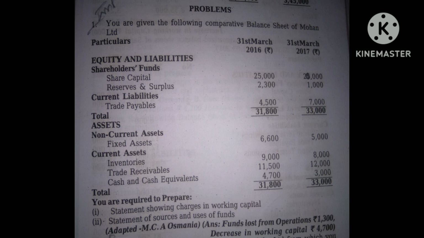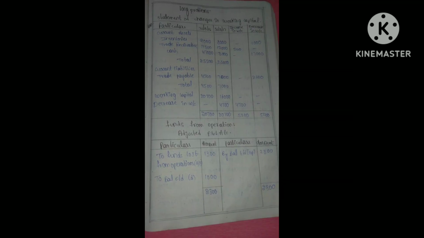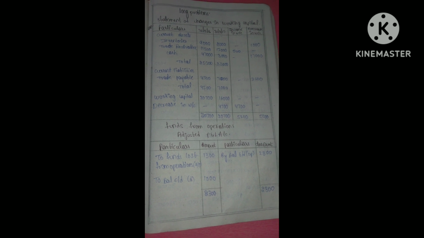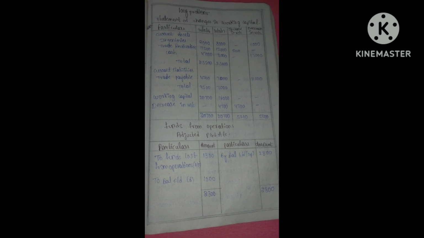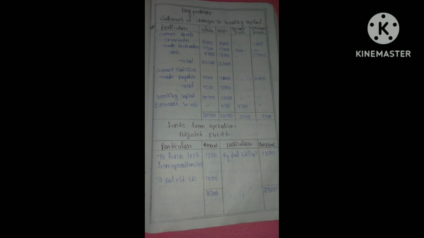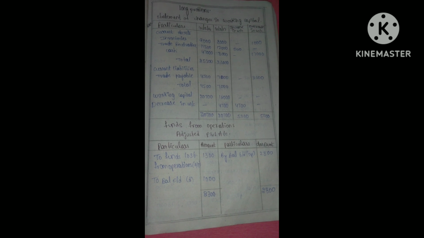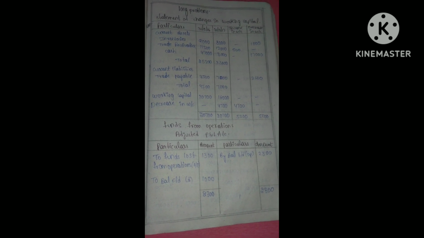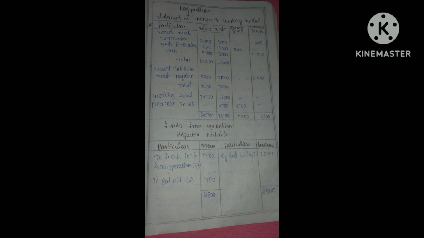So you are required to prepare a statement showing changes in working capital, and a statement of sources and uses of funds. So now we have to prepare the statement of changes in working capital, adjusted P&L account and funds flow statement. Okay guys, now let us see the problem. First draw the pro forma of statement of changes in working capital and keep the heading as statement of changes in working capital. So particulars, 31 March 2016, 31 March 2017, increase in working capital, decrease in working